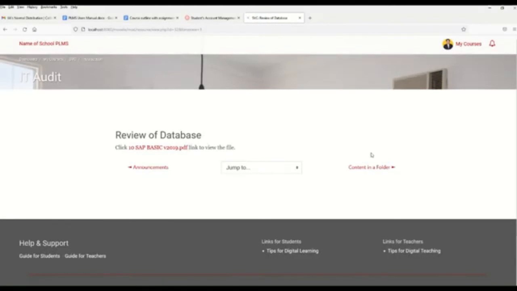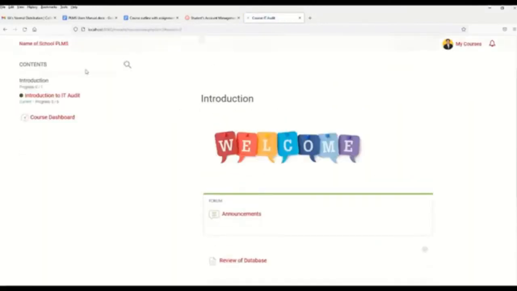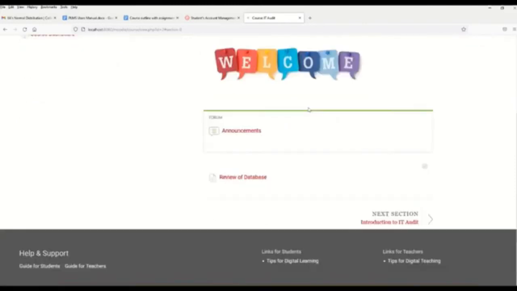So all he has to do is click on the PDF file, or he can go back to introduction on the left side, scroll down, and then click on the review of database. Normally, the type of content that is created can be identified based on the icon on the left. In this case, this refers to a file. So when I click on this one, if this is going to be a PDF file, it will open a